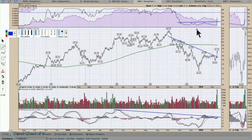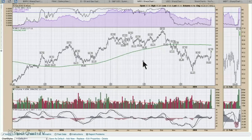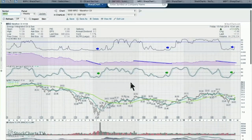But what you'll notice when we go to a weekly chart on this is as the stock starts to break these downtrends, what we want to see is obviously a momentum change in the stock. And normally what we see is momentum changes before the stock price starts to change. So how can we show that? And the example would be if we go look at Marathon Oil in the last